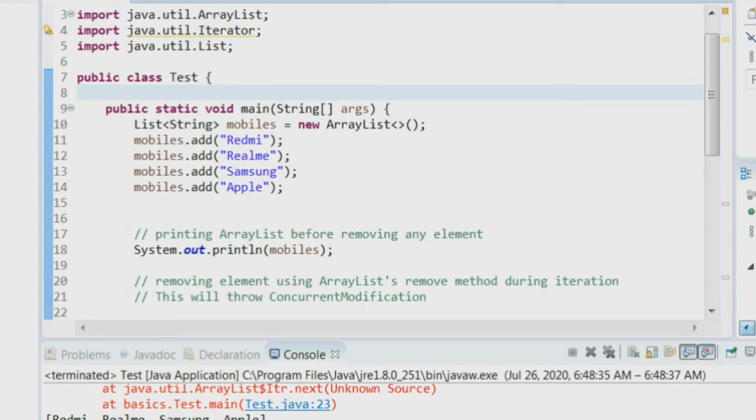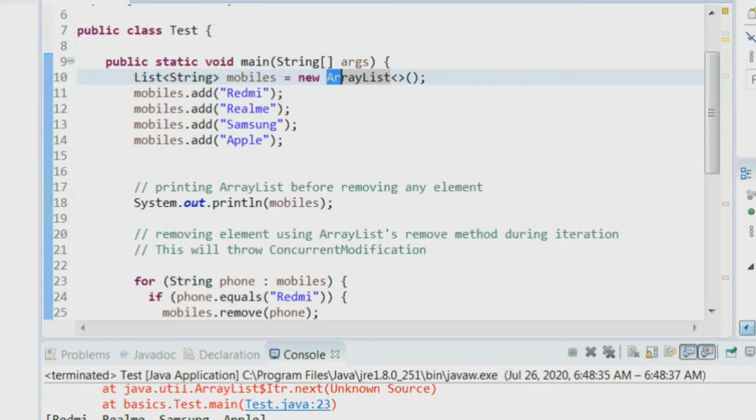Here I have already written the code. I created the object for ArrayList by using new, and then I added some content: mobiles Redmi, Realme, Samsung and Apple.